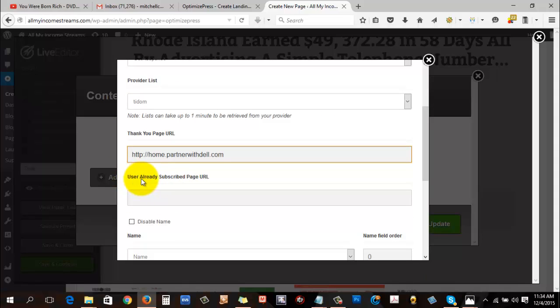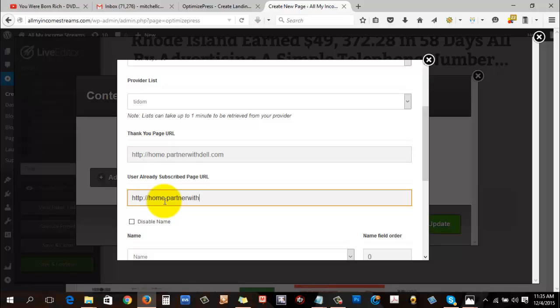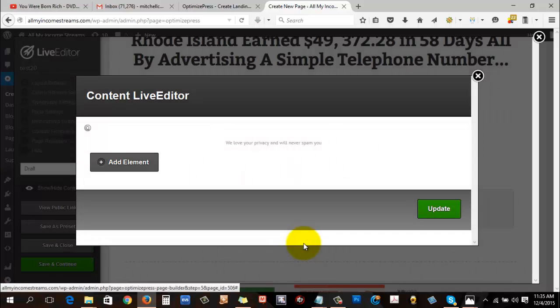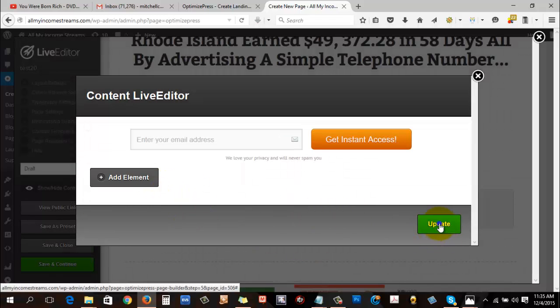Okay, so now you want to have a user already subscribed page. Now, a lot of people do this wrong, in my opinion. A lot of people, it'll say you already subscribed, but it won't take them to the page. You want them to see your information. So if they already subscribed, that's fine and dandy. Just redirect them where they need to go. They're not going to duplicate in your autoresponder. They're just looking at your page again. Okay, so now you click on update,